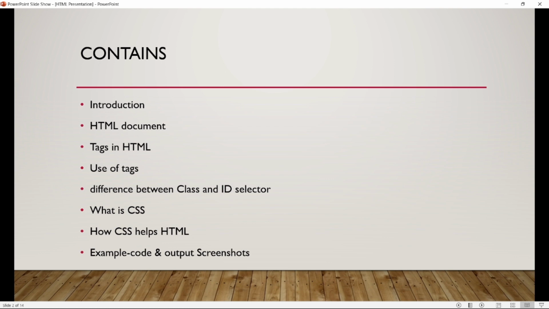Our PPT contains an introduction to HTML documentation, tags in HTML, use of tags, difference between class and ID selectors, what is CSS, how CSS helps HTML, example code and output screenshots. I have taken one example, so we will see that also. Okay,